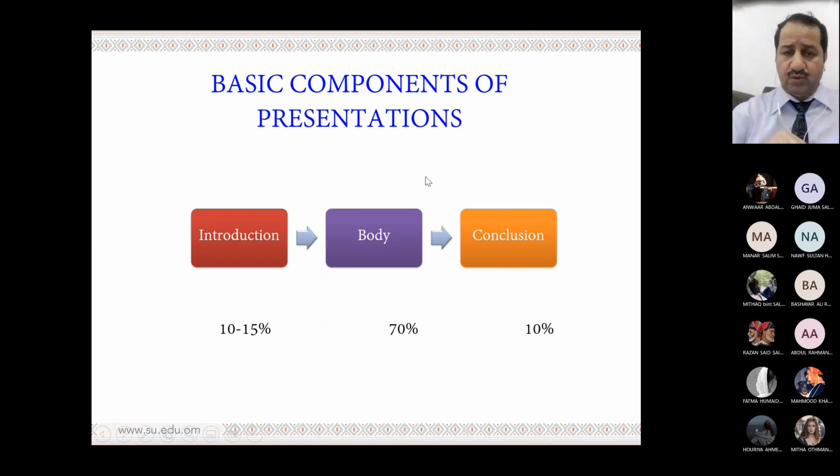Many students, I found this clear in many presentations, focus on the introduction, even if they have a lot to say in the body part. My advice: always focus on your work. The introduction is just to introduce the topic to the audience, but focus on your work. You have many results to present. People are interested in your results, not in the introduction itself.